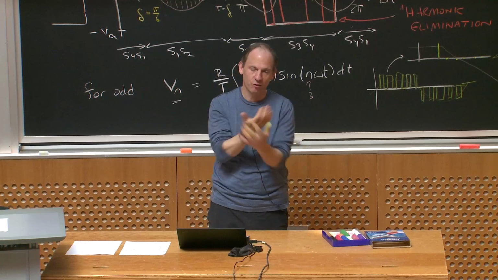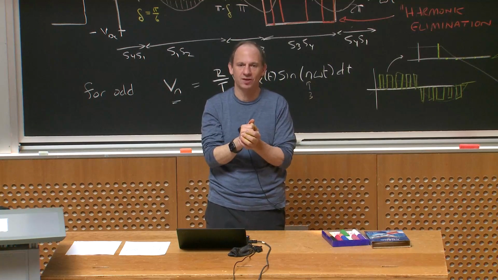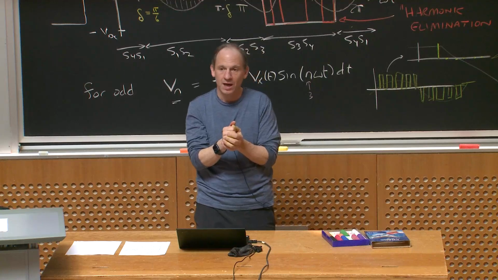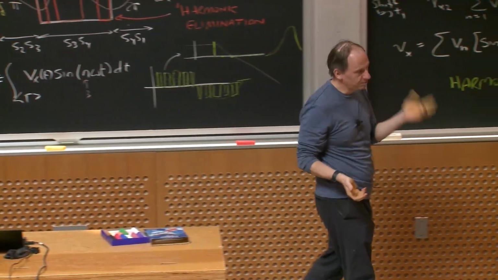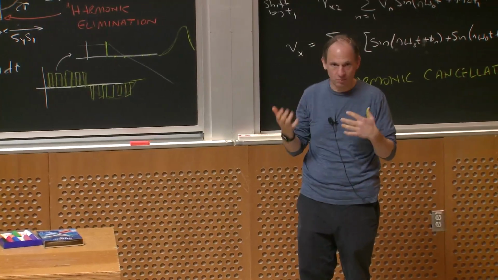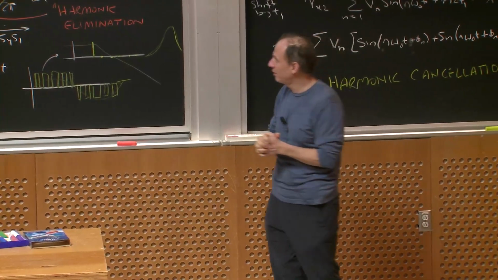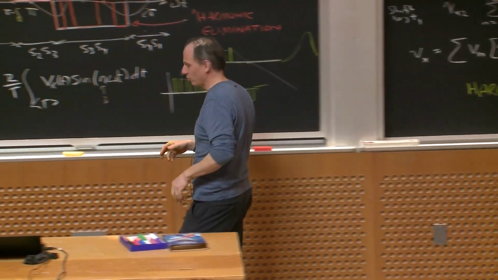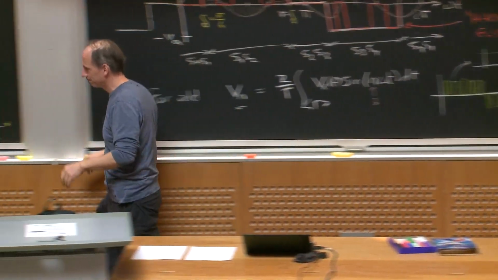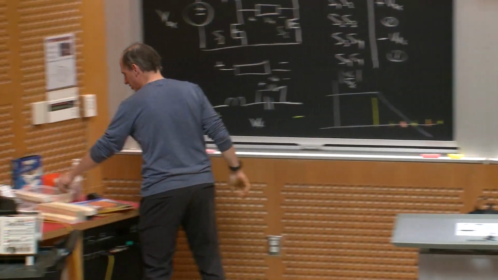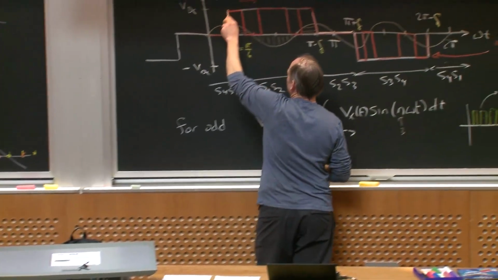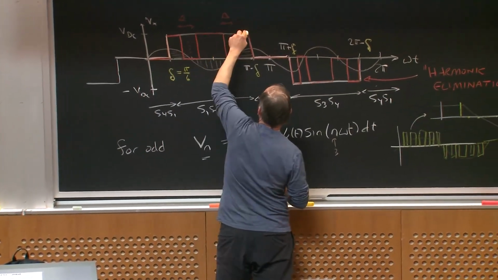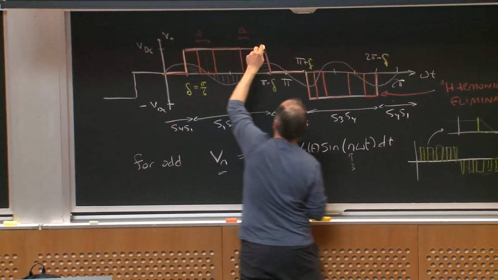With a 3-level waveform, I can choose to cancel a harmonic, right? Now, what we'll see later is sometimes I might choose the 3rd, sometimes I might choose the 5th. It depends on what I'm doing. And in fact, even if you come back to this original waveform that I drew, the original white waveform that had those 30-degree shifts,